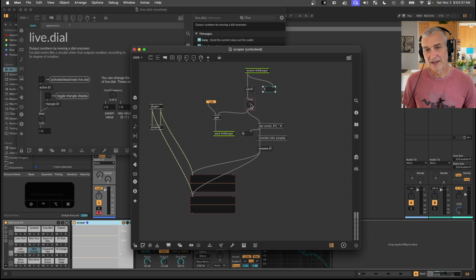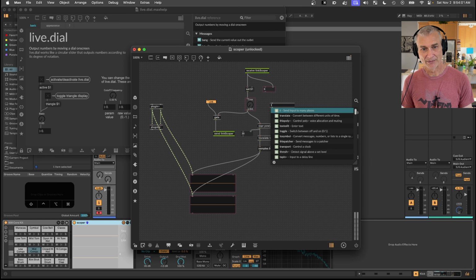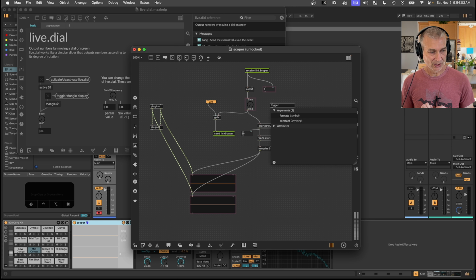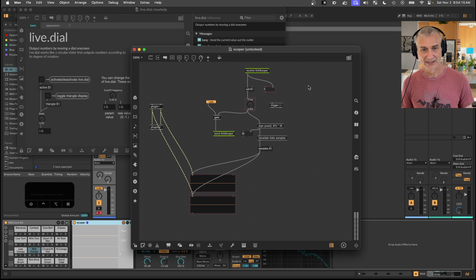However, just setting the dial position doesn't actually change the samples that are sent to the scope. And so we still need to essentially send that new number into this expression object. So we're going to set the dial, and then we're going to send the number here. And so there's another common Max object that you'll see all the time called trigger, which I use to fan out a message to be processed in a specific order. You'll see what that means here. So I'm triggering 2 integers here. And so if I receive this,